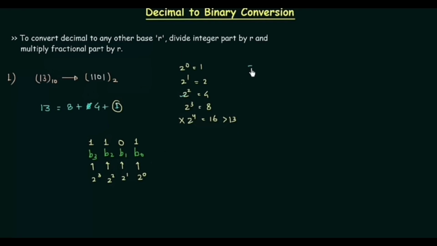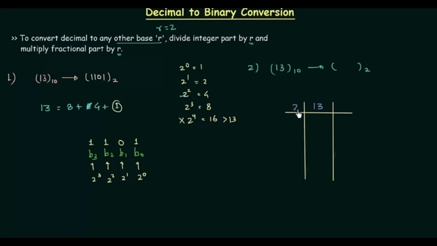Now, another simple method to find out the binary equivalent of a decimal number. In this method, we have to divide the number by 2. To convert a decimal number to any other base r, in this case r is equal to 2, we have to divide the integer part by r. The number is 13. Okay, now we have to divide 13 by 2. So we will do this quickly. 13 and 2. 13 is the dividend